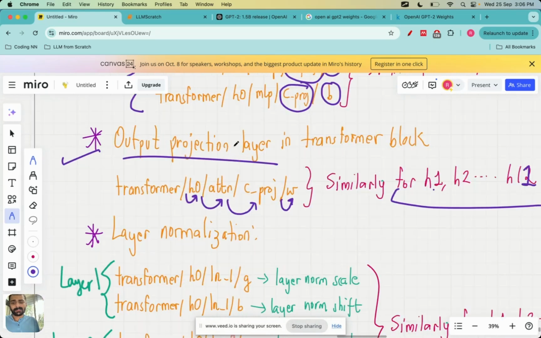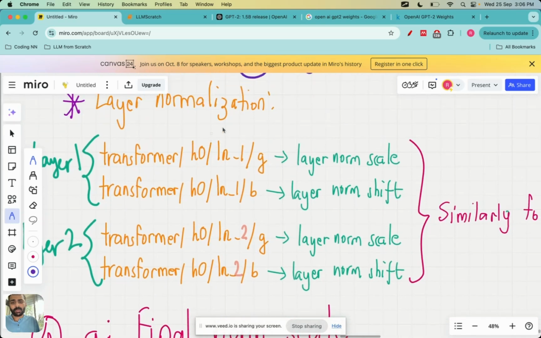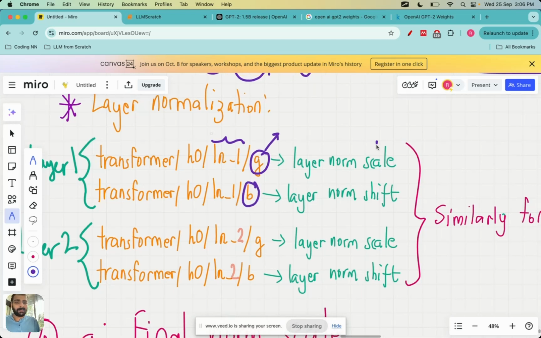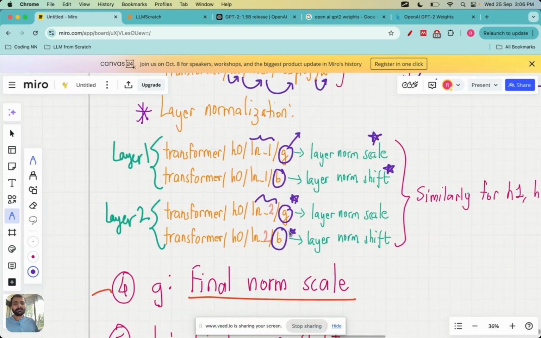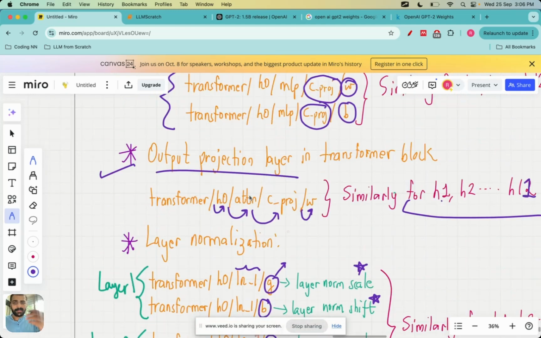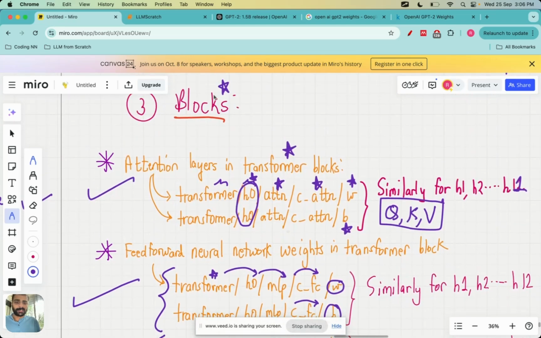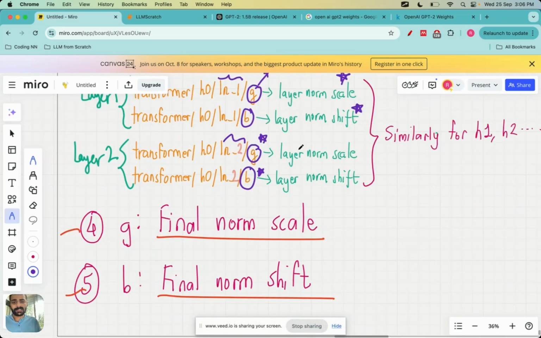that we are going to access transformer slash h0 slash layer normalization 1, then the scaling, which is denoted by G, and the shifting, which is denoted by B. This is the scale parameter and B is the shift parameter. Similarly, with respect to layer normalization 2, we will get the scale parameter denoted by G and we will get the shift parameter denoted by B. Remember that all of these are sub dictionaries within the blocks dictionary, and within these sub dictionaries ultimately we access